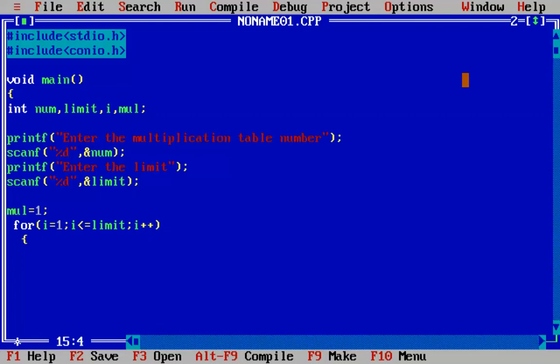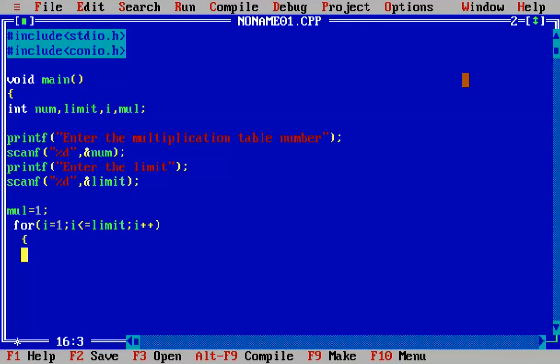So now again and again we have to do the multiplication operation. So that means we have to multiply. See, we have a counter here I, wherein we are incrementing it by 1 every time.